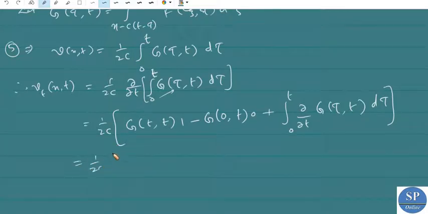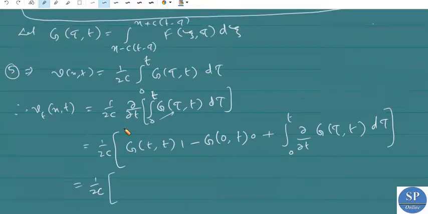1 by 2c into g of t comma t. Actually g is this, so when we replace tau by t we have the integral from x minus c into t minus t, that is this will be 0, and here also 0, of f of zeta comma t d zeta. Okay, so this is nothing but the integral from x to x when we replace tau by t. Okay, here, so f of zeta comma t d zeta